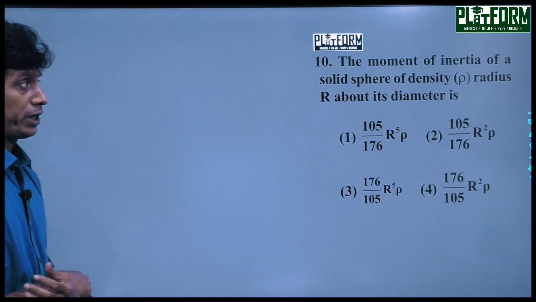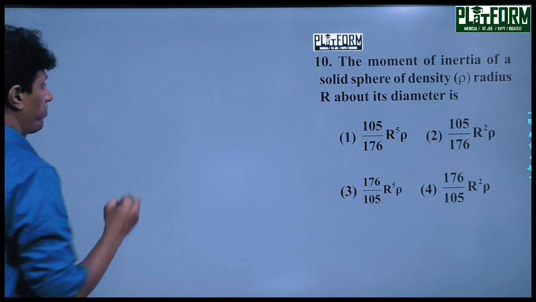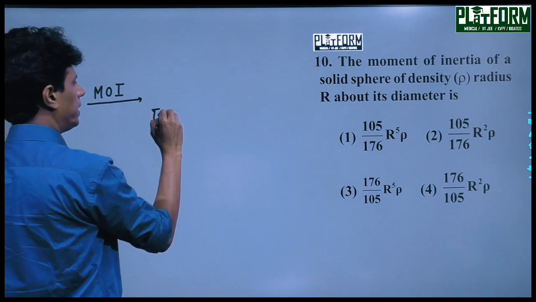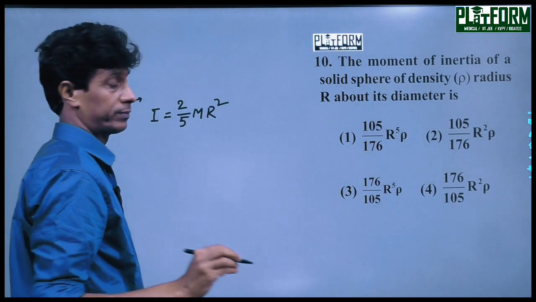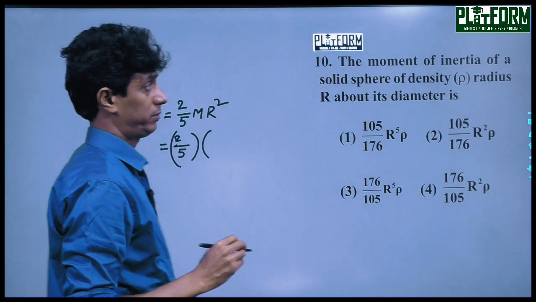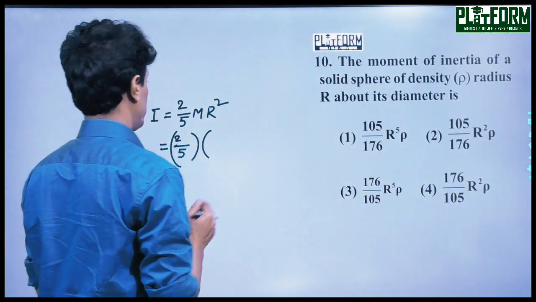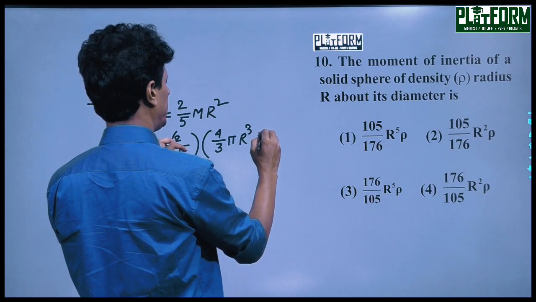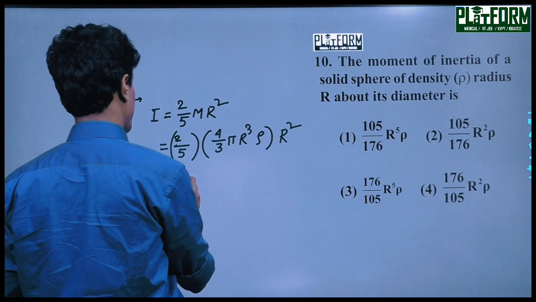The moment of inertia of a solid sphere of density rho, radius r about its diameter. Moment of inertia for a solid sphere is 2/5 m r square. The mass of the body is not given here, the mass is given in terms of density and radius. So mass can be replaced by 4 by 3 pi r cube into rho, into r square, and it is 2 by 5, 4 by 3,